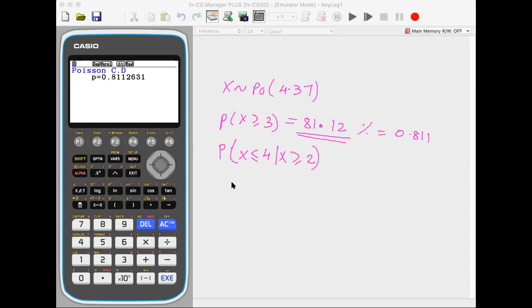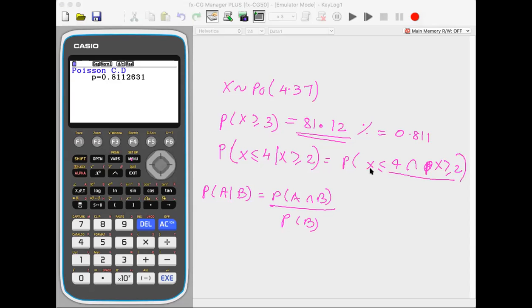Now, when you are doing this one, this is a little bit of conditional probability. I'll just rewrite the formula. A given B is probability of A and B over probability of B. So this is probability of X less than or equal to 4, intersection with X more than or equal to 2, over probability of X more than or equal to 2. So if I just show you here, if this is, let's say, more than or equal to 2, so this is the outcome, and less than or equal to 4, so that is this outcome. So the common part between both is